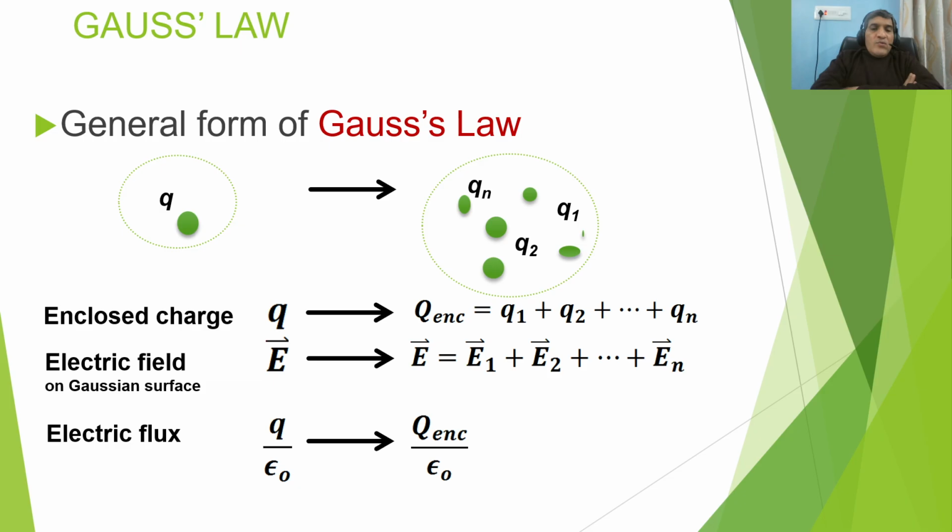The charge enclosed is calculated by simply adding up these charges individually. So the charge enclosed for the right hand side picture is q1, q2, and q3, and so on; how many charges we have depends on the picture. If we have three charges, then q enclosed is q1 plus q2 plus q3, and accordingly we calculate E1, E2, and E3 individually, and then sum these three electric fields generated by the q1, q2, and q3 charges. We simply calculate the electric flux by calculating the q enclosed by the closed surface.